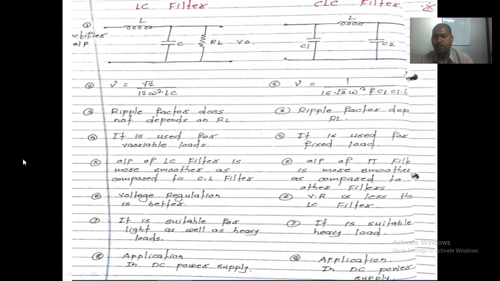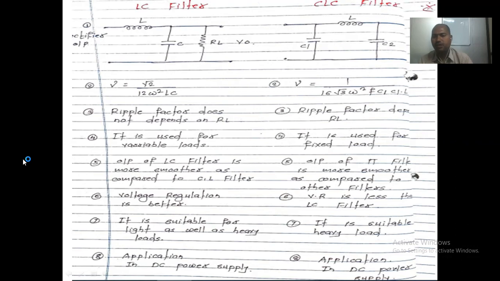Means what? Consider one of the devices, such as a motor, connected across your output. In that case, whatever the value of the ripple coming, and when we connect a device such as a normal transistor, a transistor meaning a radio, right? Whatever the performance, whether you have connected a resistive device or an inductive device, the performance of the LC filter should not change. Okay, this is the thing with respect to the LC type of filter.